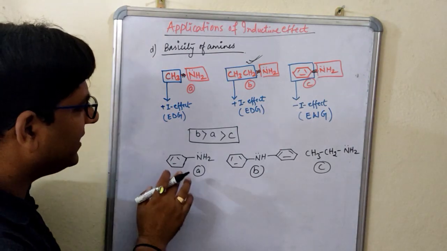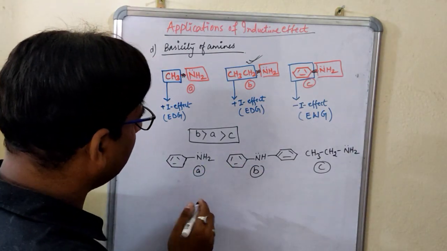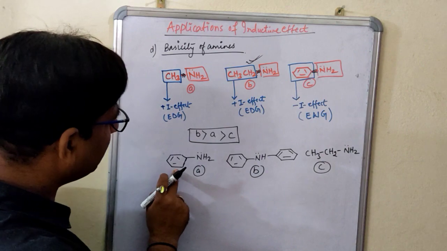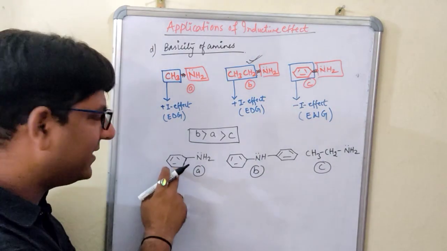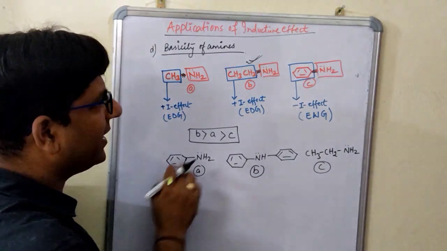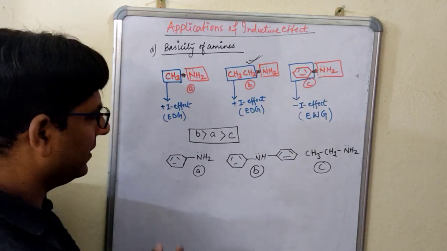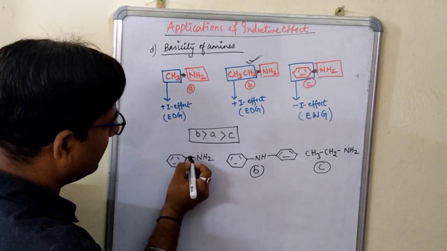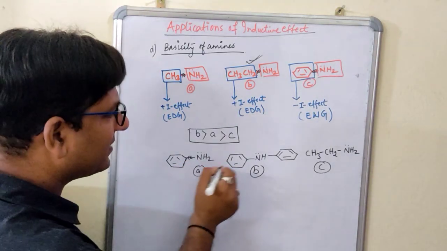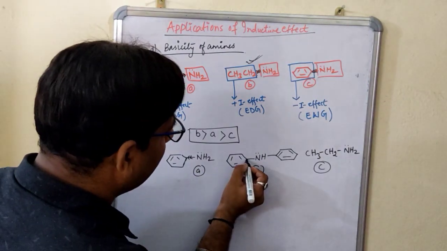Right? Now when you see the structure, you will find what? Here is the presence of what? Plus I or minus I. That is the minus I, because this is the phenyl ring as you have seen here. Means this will pull the electron towards itself. In this case also, here we have the minus I.